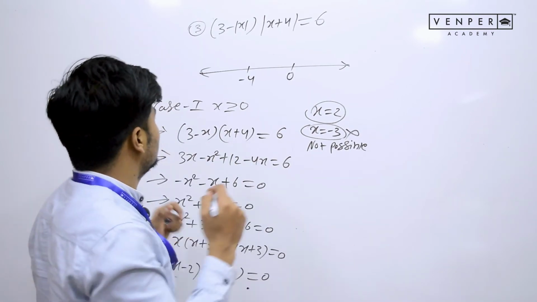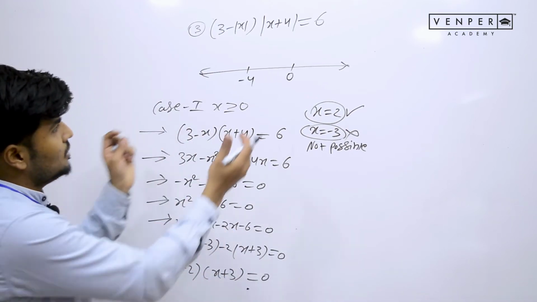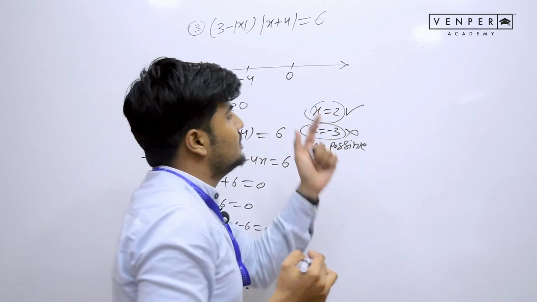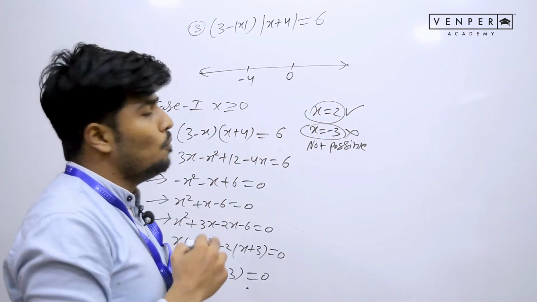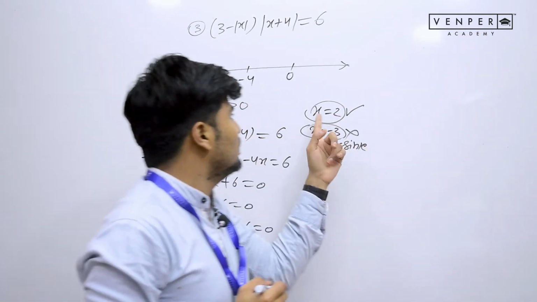So which answer is correct here? Here we are getting one value of x. In this particular range 0 to infinity, I am getting one solution and that is x equals 2. I have to find out the total number of solutions. How many such solutions are possible? So in this range 0 to infinity, I found one solution.